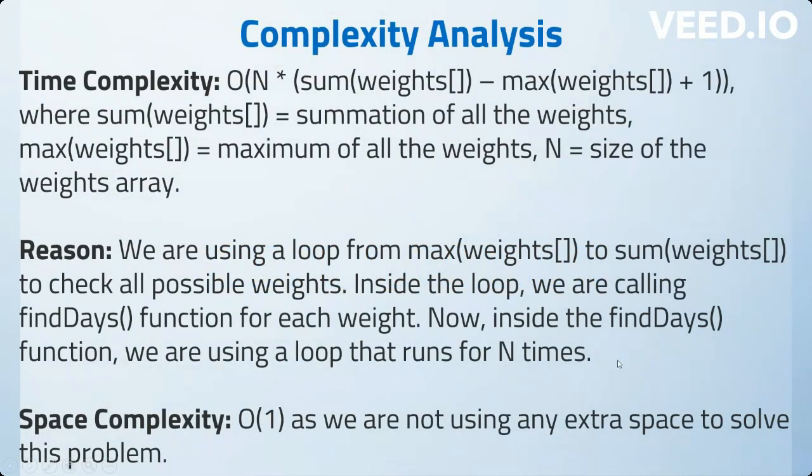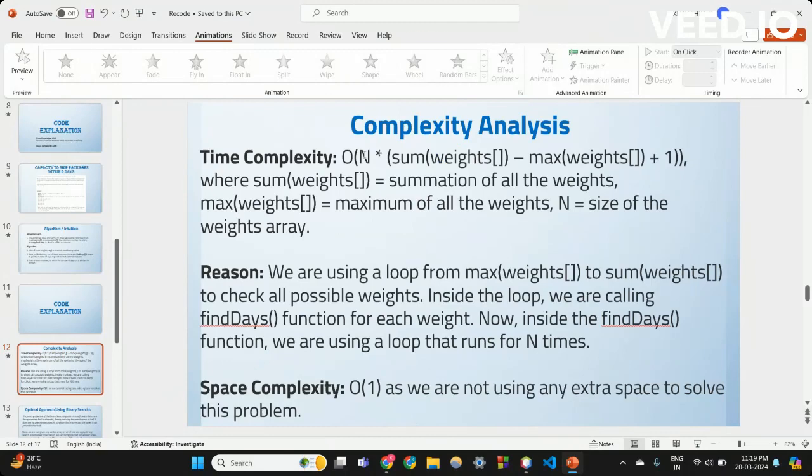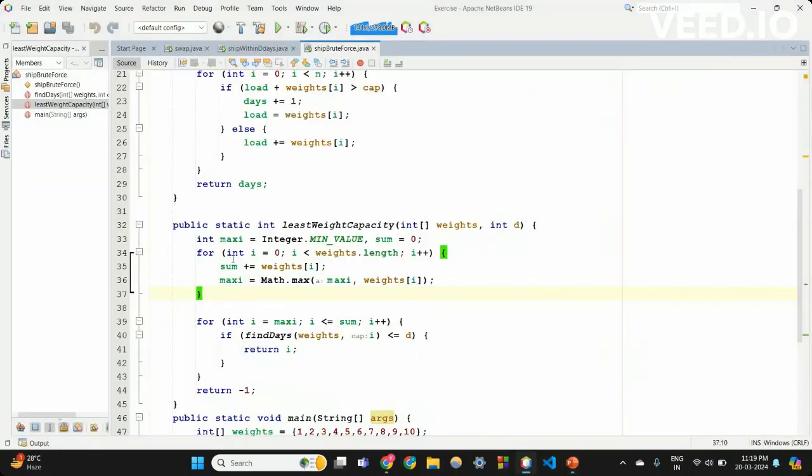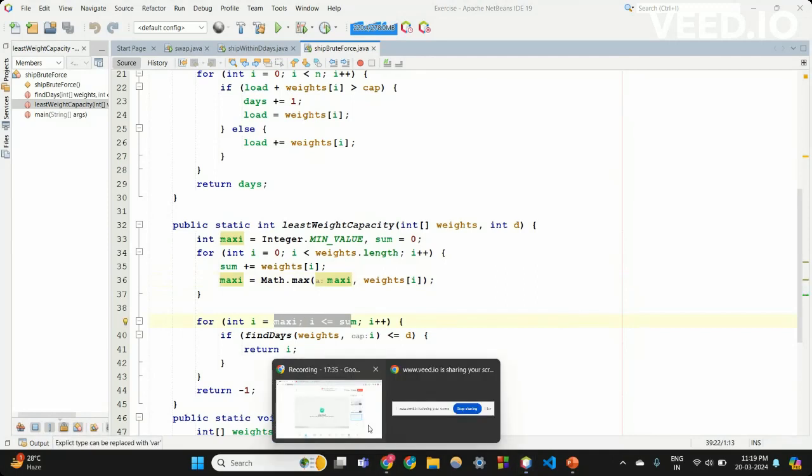Here n means there are n number of items, and sum of weights minus max is for the second for loop. This n is for the first for loop, and this is for the second for loop, where weights.length is assumed to be n. So this loop runs n times, and this loop runs sum minus maxi plus 1 times, which we can approximately assume to also be n. So n into n will be n squared,